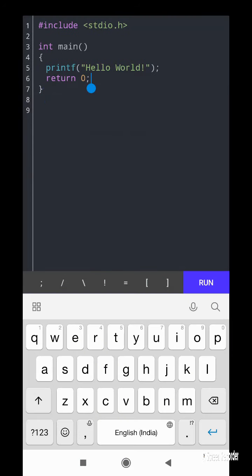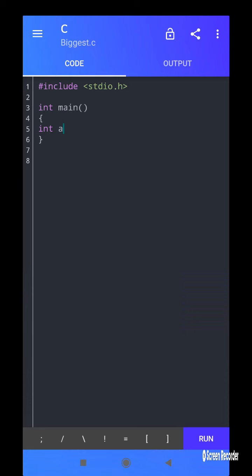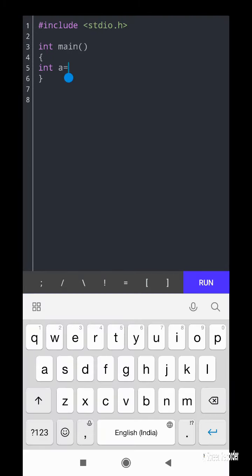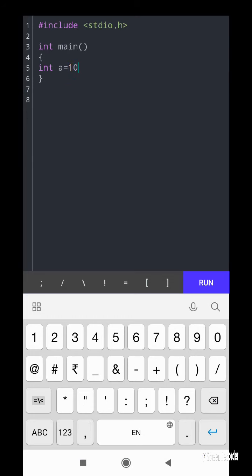So I am selecting this and using the delete button, the backward button, to delete all the lines. Now I'm going to write a program. I'm declaring a variable, integer a, and the equal to symbol is in the special symbols. The editor gives the special symbols: integer a equal to 10, and the semicolon is here.